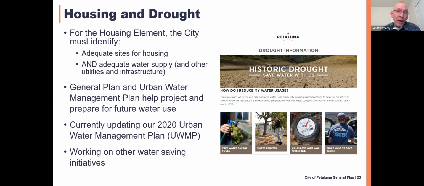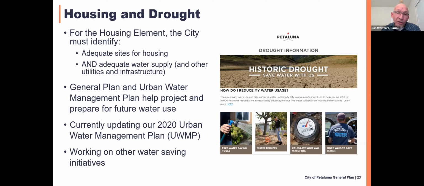One other note about the housing element update that we know is on lots of people's minds, specifically the question, why is the city building more housing if there isn't enough water? Unfortunately, the simple answer is that state law requires it. The city must, on the one hand, demonstrate that it can accommodate future housing needs. And it must also demonstrate that it has sufficient infrastructure to support that level of housing development, including water.